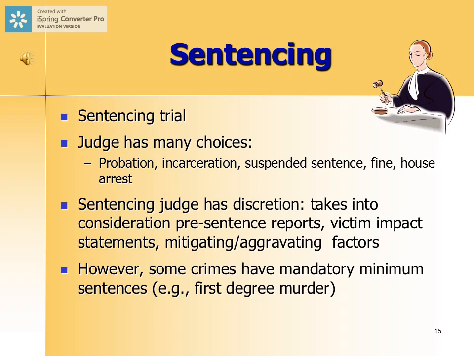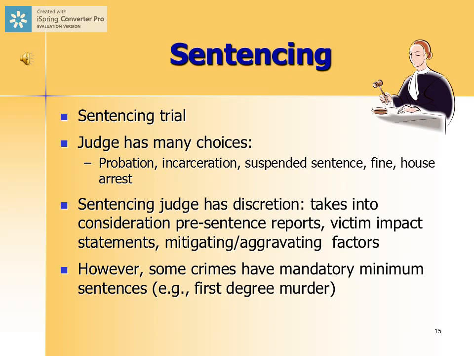Obviously, the judge can also sentence a convicted defendant to prison. They can give him or her a suspended sentence, which means that they actually don't have to serve any other sentence. They can be fined, they can be put under house arrest. So there are various sentences that a sentencing judge can mete out to a convicted defendant. And we'll talk about these in more depth later in the course.